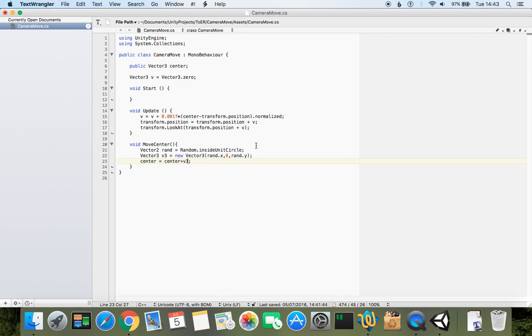So let's actually go ahead and firstly try it as it is, and then we can increase or decrease by a coefficient. By putting a coefficient similar to what we did here, we can do it something like here. So we can call move center here, and then as we can move center,